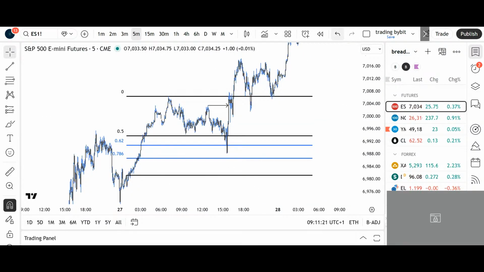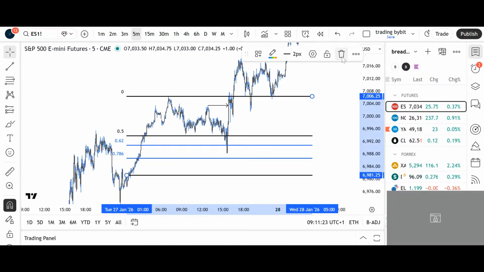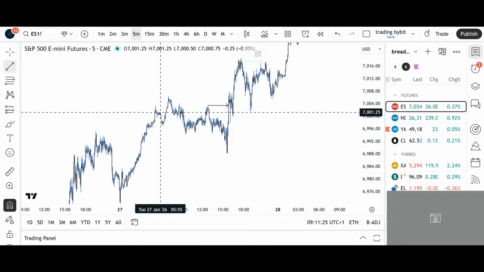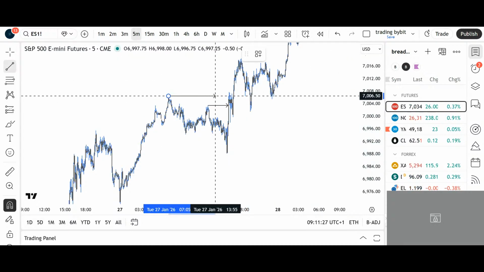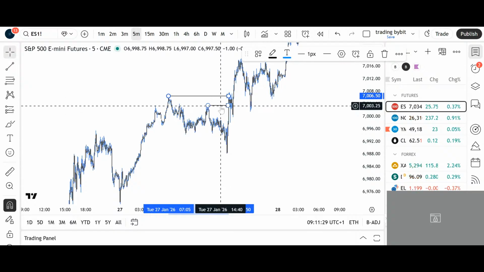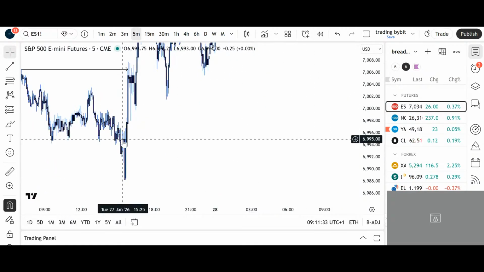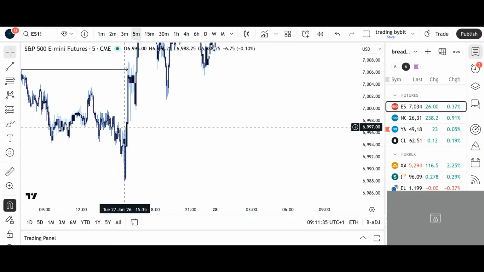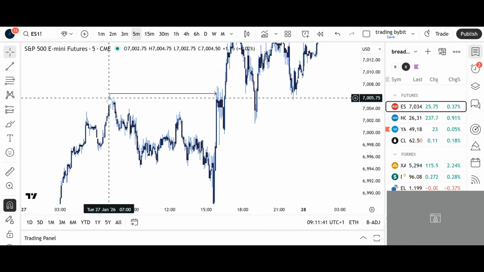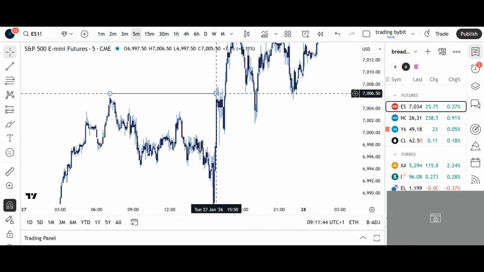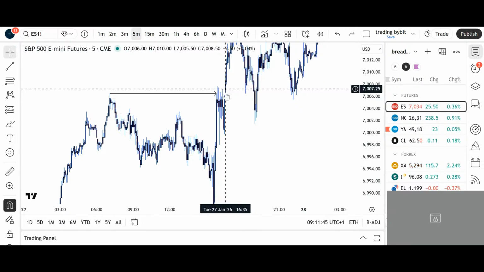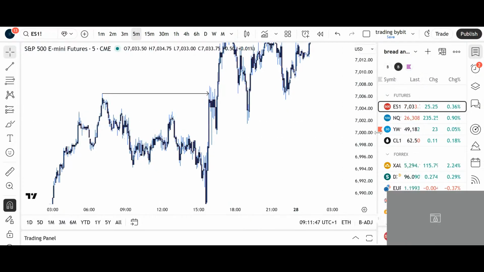And whether we had a new break of structure, if we zoom out, this is actually the new break of structure because this was the last high that we had. And here we made that break of structure to the upside. That change in character already happened once we broke this high. So the second 5 minute, we actually made a change in character already. This is that change in character. Here we made a full break of structure to the upside. Actually, this candle only, but that's the same.